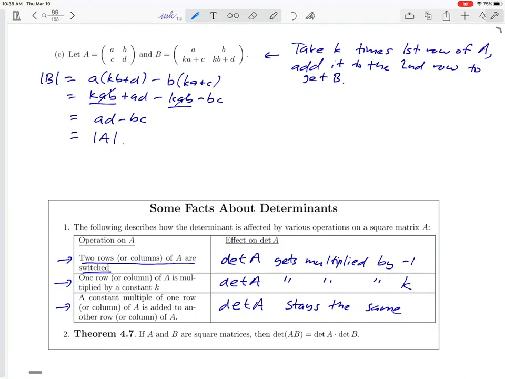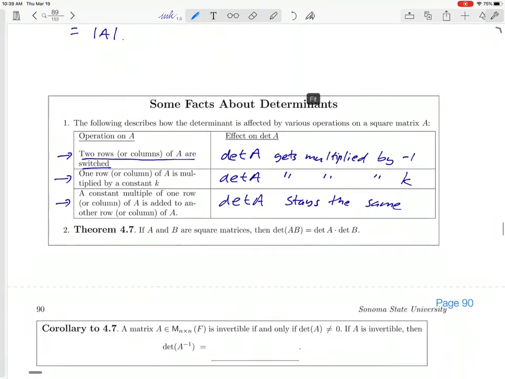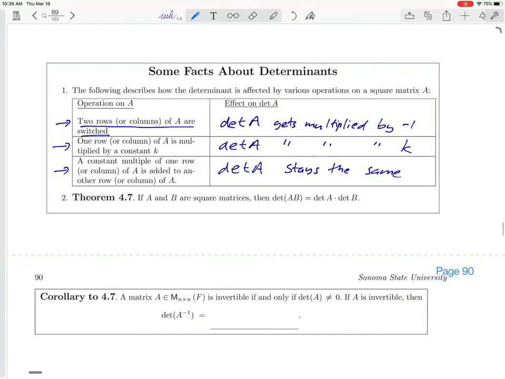Okay, so why do we bother with this? Well, basically, if we put these three facts together in the right way, we can use them to prove the next theorem at the top of the next page. Okay, this is a corollary to theorem 4.7, which gives us a way of determining the determinant of an inverse of a matrix. Okay, it turns out that it's just 1 over the determinant of the matrix. Okay, I'm not going to go through the proof of this theorem, but if you're interested, you can look at my notes and see a sketch of the proof, and I can tell you that it's going to basically make use of the facts about determinants, okay, that we kind of summarized above. That's the reason why those are